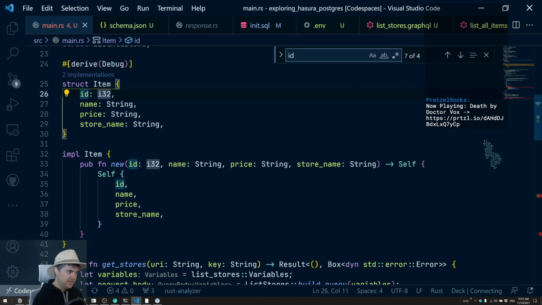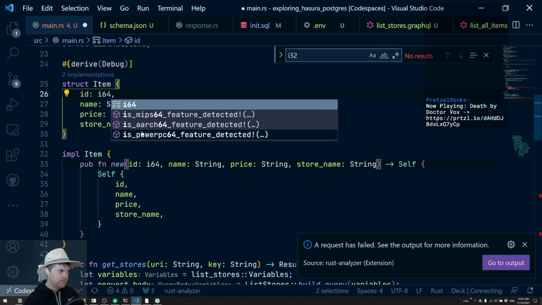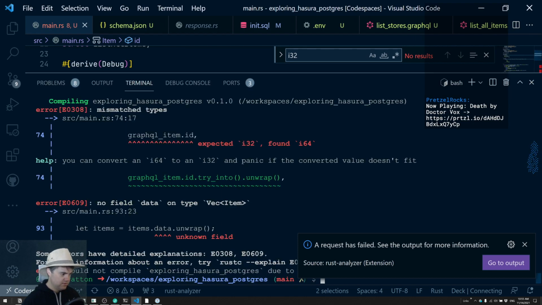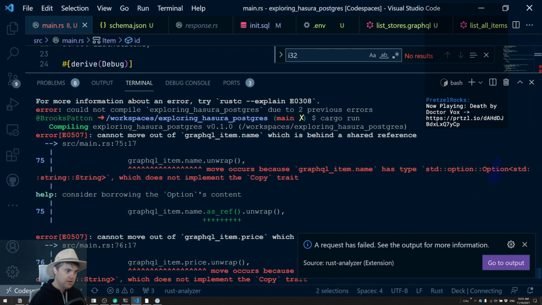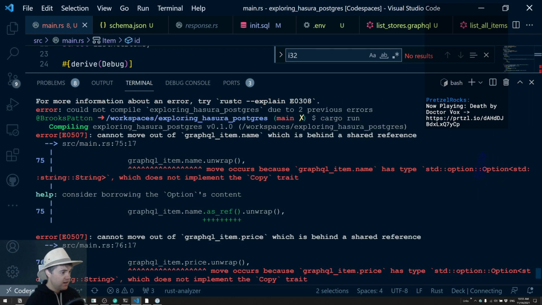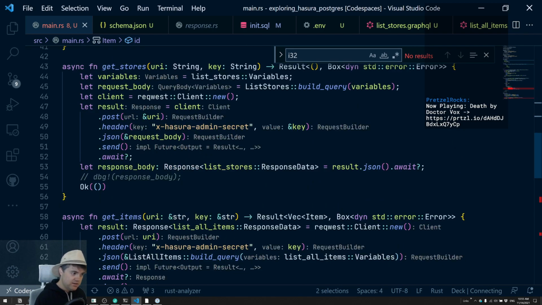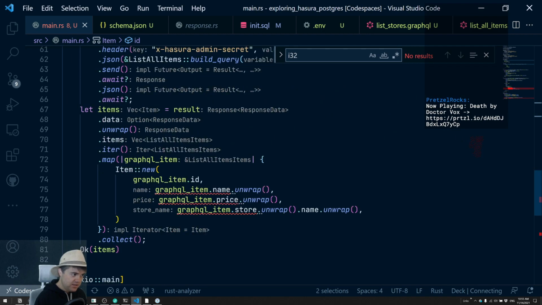you are an I64. And this could probably be a U64 too. And I wonder if we can override data. Okay, cannot move out of, okay, so I guess I can't actually move out of here. So instead of doing a .iter to take ownership of it, we're gonna do, actually you're